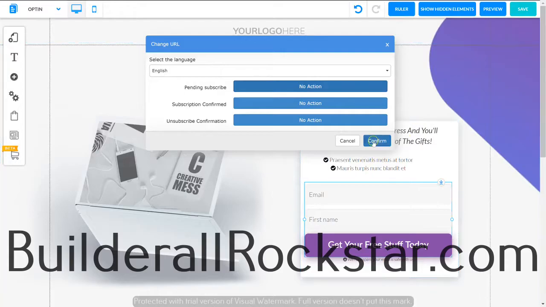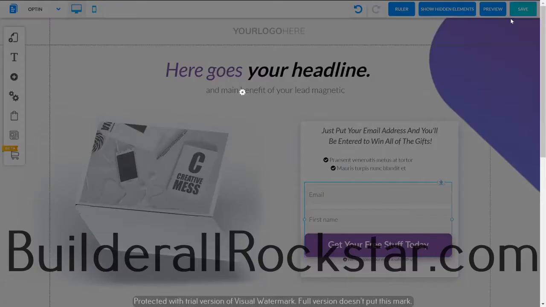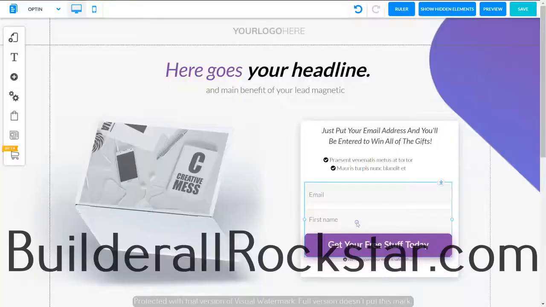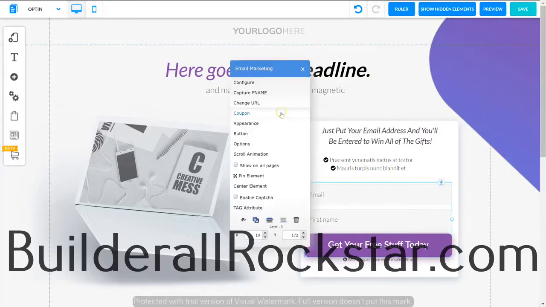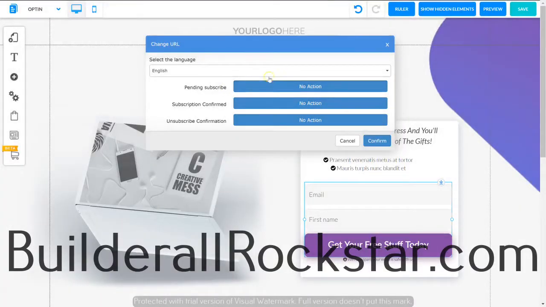Once you've set all that up and you hit confirm, all you need to do is hit save again and save your form, and that's going to be all saved for you. So on the live version, when someone puts their email and first name in, if you have double opt-in, they're going to be sent to the pending subscribe page, and if you've got single opt-in, they'll be sent to the subscription